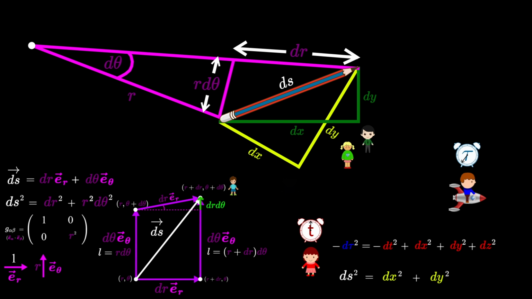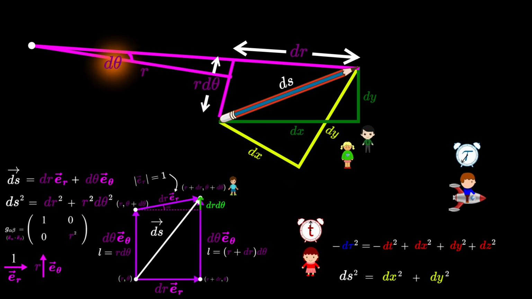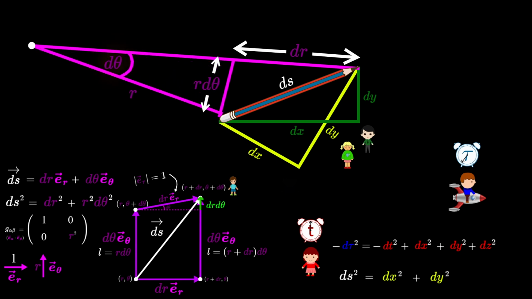What is that angle? Well, e_r has a length of 1, so the as yet unknown angle is given as dr d theta divided by dr, which equals d theta. So the basis vector e_r must rotate through an angle d theta. If you are familiar with polar coordinates, you will have known this already, because that's how polar coordinates behave, namely that the r direction rotates with theta. But it is useful that we can discover this fact by analyzing the metric equation without having to be familiar